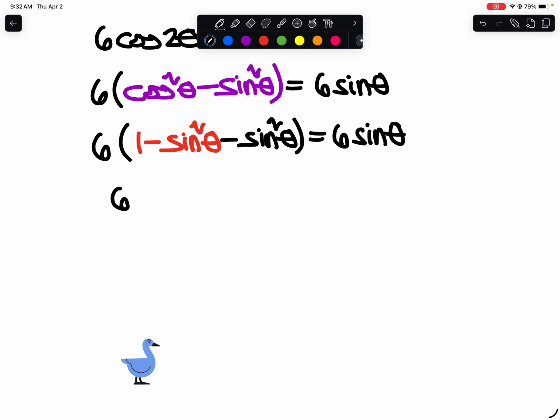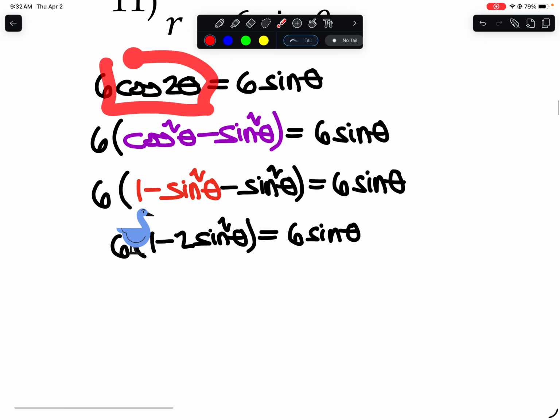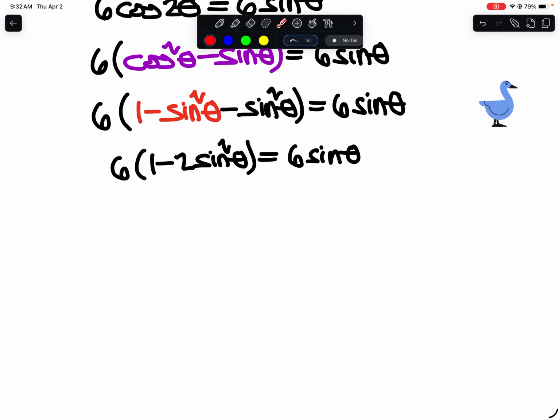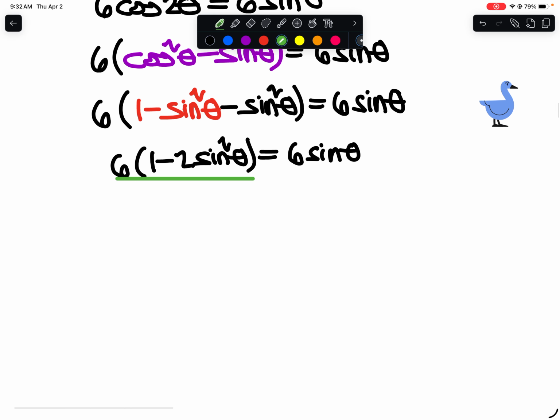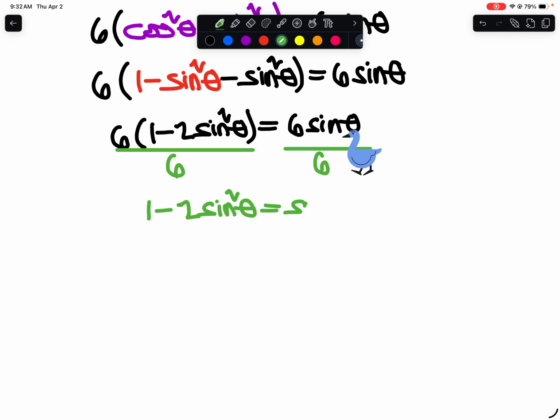So when I rewrite, this is going to be 6 parentheses 1 minus 2 sine squared theta, and that's going to be equal to 6 sine theta. So if you remember your trig identities fairly well, you can just go from this top line straight down here if you remember that this is also a variation of the double angle identity for cosine. Okay, so next I'm going to divide both sides by 6. So get rid of that, get rid of that. So we're going to be left with 1 minus 2 sine squared theta, and then that's going to equal sine